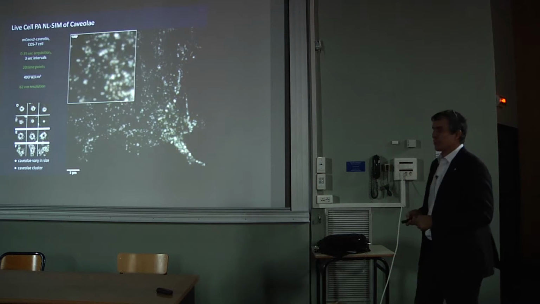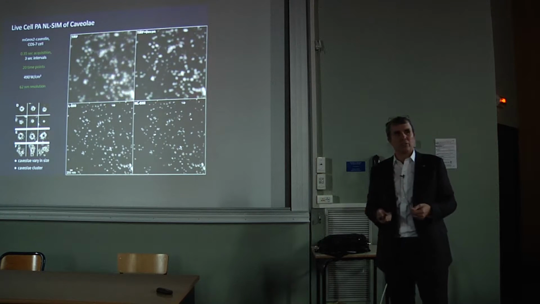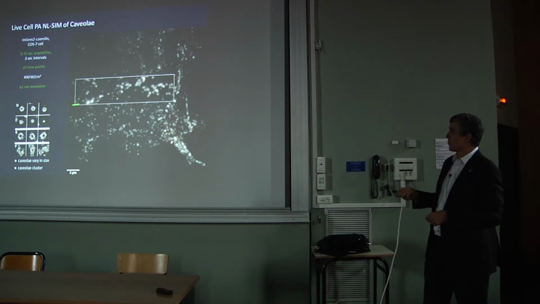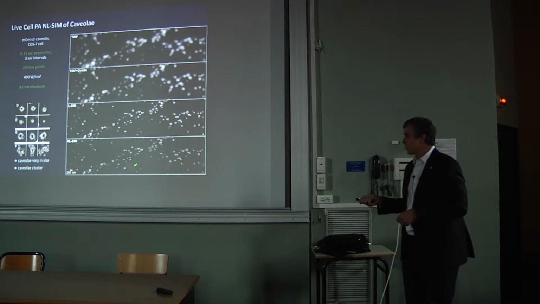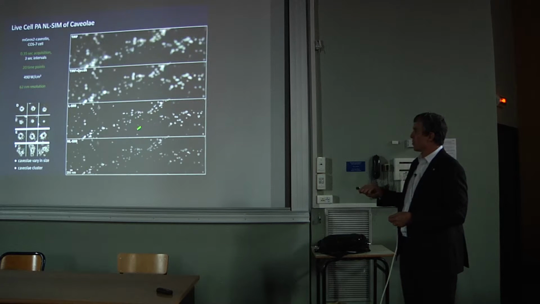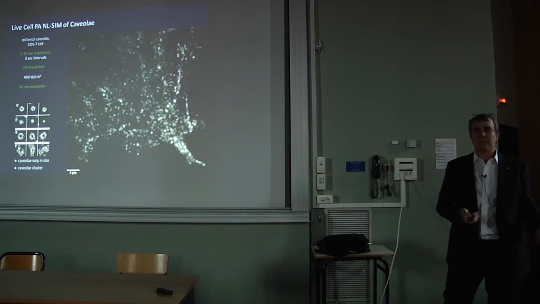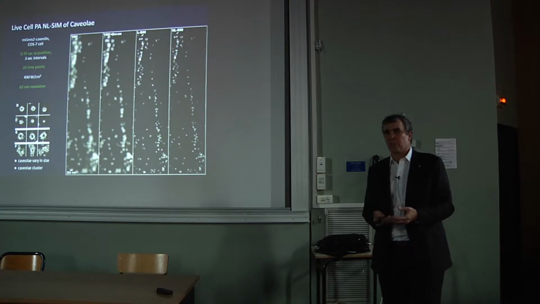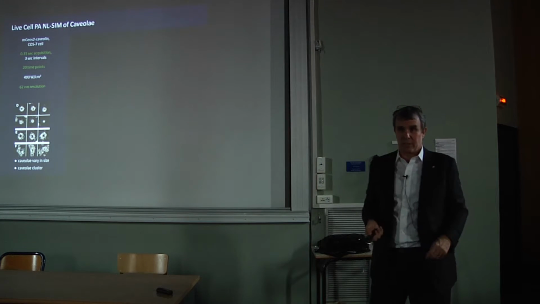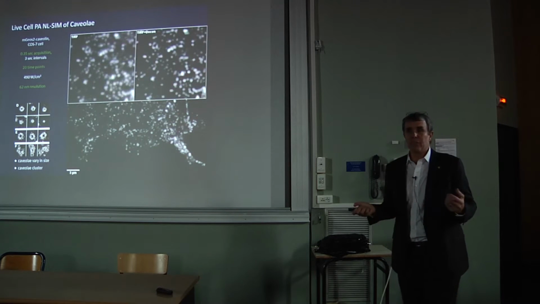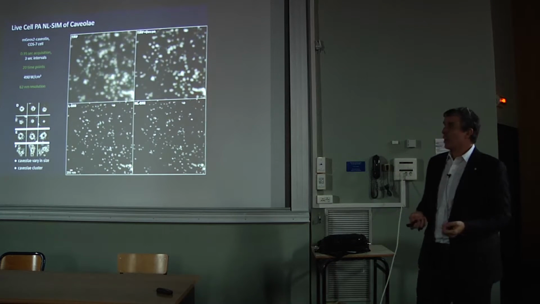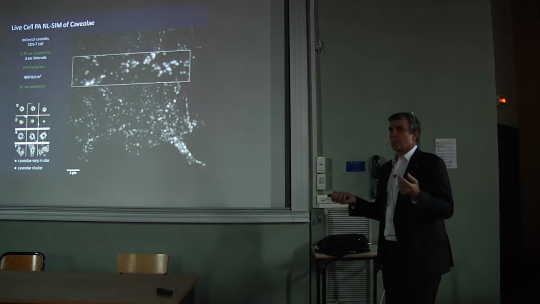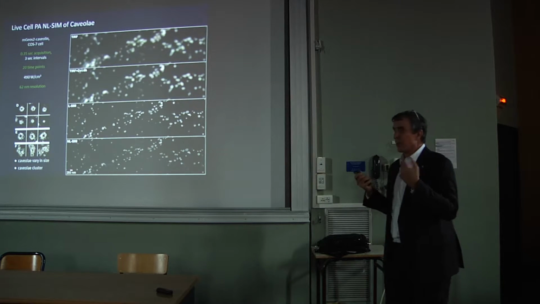So another example here is another method of endocytosis, bringing cargoes in the cell, through little pits called caveolae. And so this is showing the resolution improvement from diffraction limit through linear SIM and nonlinear SIM. The caveolae are so small that most of them are barely resolved or not resolved even with linear SIM, but become resolved with the nonlinear SIM. And what we find is in the EM literature, there's a very stereotypical size. 70 nanometers is the size of a caveolae pit. What we find is that there's a great variety of sizes, and we don't know what is the reason for that discrepancy. Some of this could be that we're looking at multiple pits stacked together, but the other possibility is